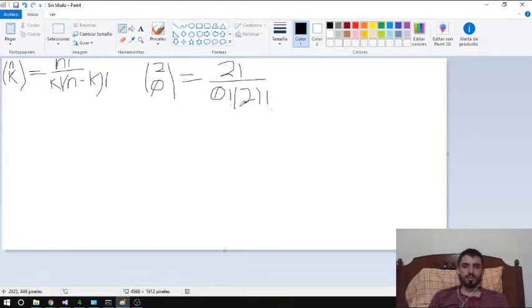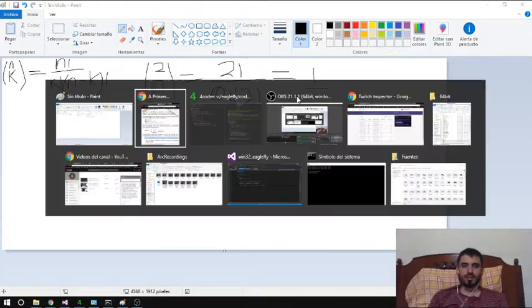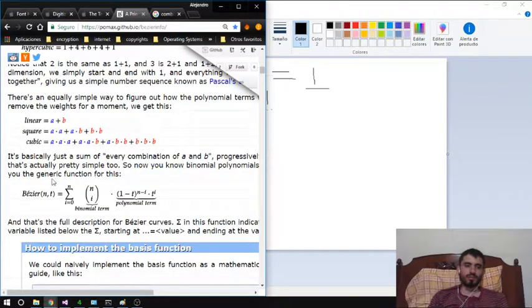So you have basically this, which is 0 factorial, it's 1, and 2 factorial is 2. So basically you have 1, and this should be the first element of our first coefficient. In this case it should be